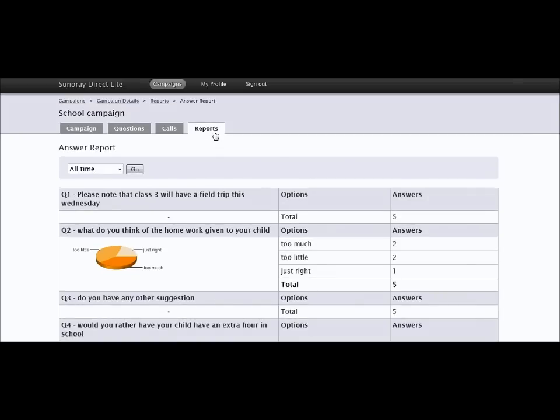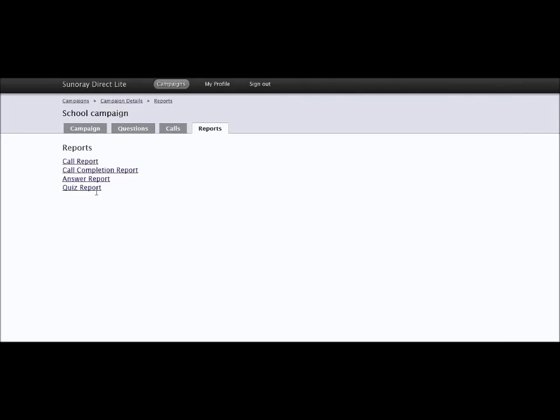and you can go ahead and take your appropriate action. As I said, since this is not a quiz, it'll just pop up saying that there are no quizzes in this campaign. But a quiz question is, as I said earlier, a question with a specific answer. So it would have told you how many people have answered the question correctly and how many people have not. That, in a nutshell,